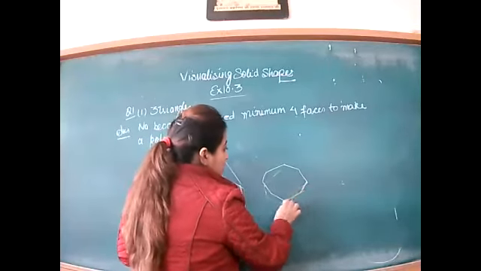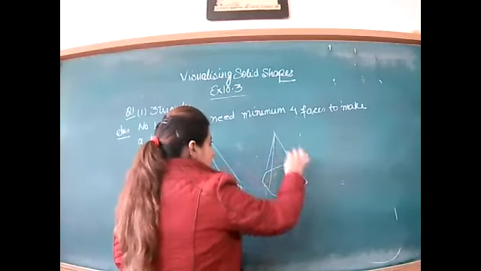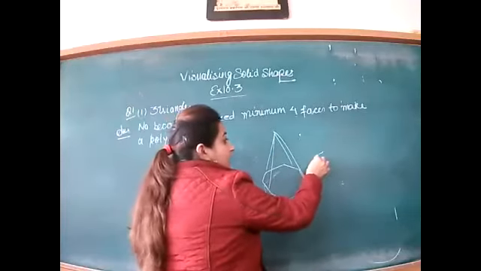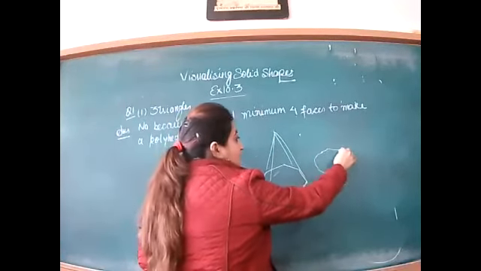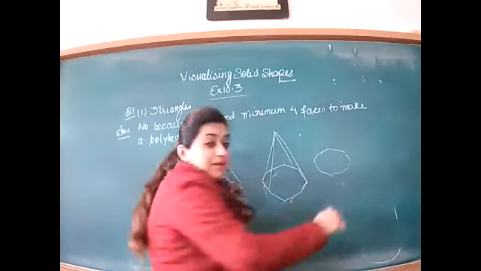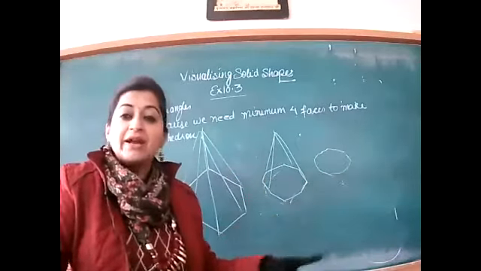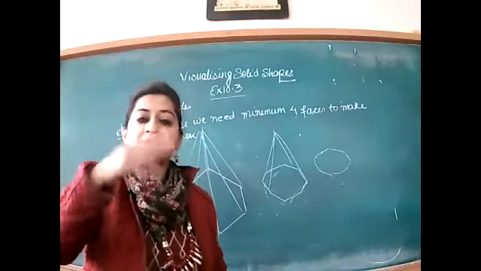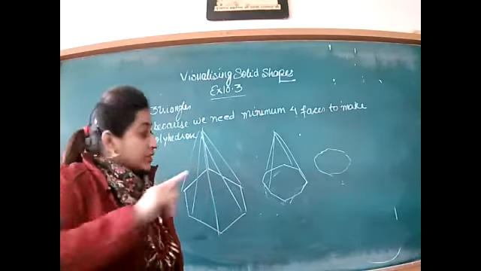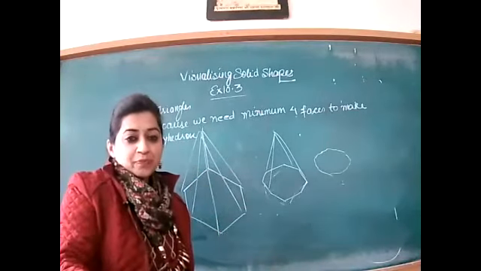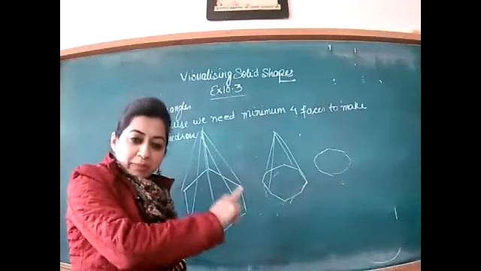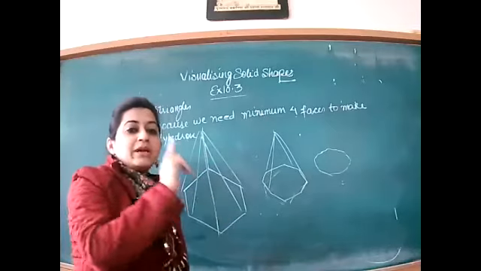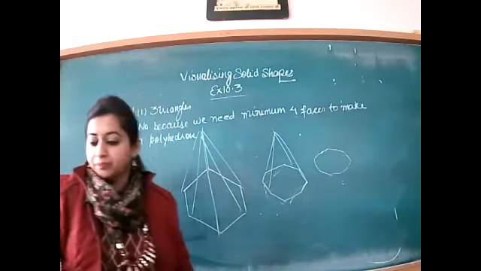And what will happen? At some point of time, as the number of sides of the base increases to 20, 30, 40, the gap between the adjacent sides will change, and it will be like a curved portion. And when the portion is curved, you will not be able to make the triangles in the lateral faces. Then your pyramid will change to a cone. When the number of sides of the base of the pyramid has increased to some extent, then your pyramid will change to a cone. Write down.